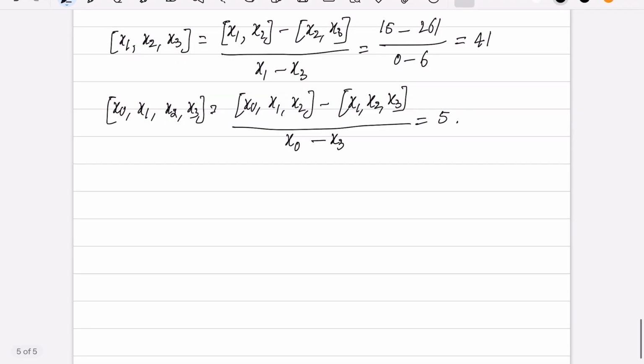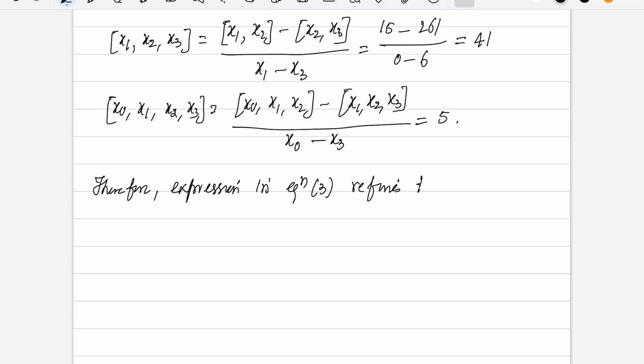So therefore the expression in equation 3 refines to y is equal to 6x square minus 3x minus 6